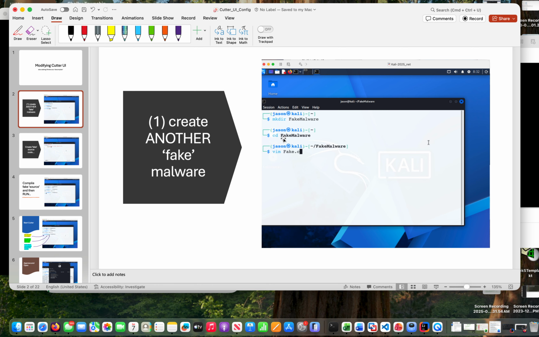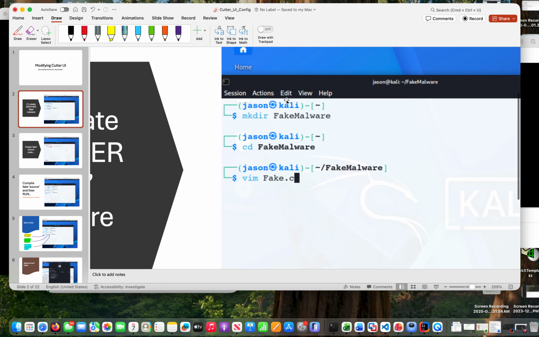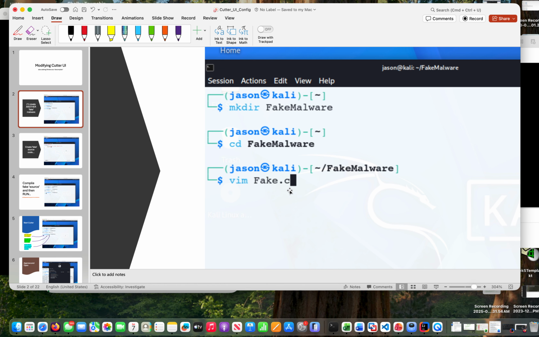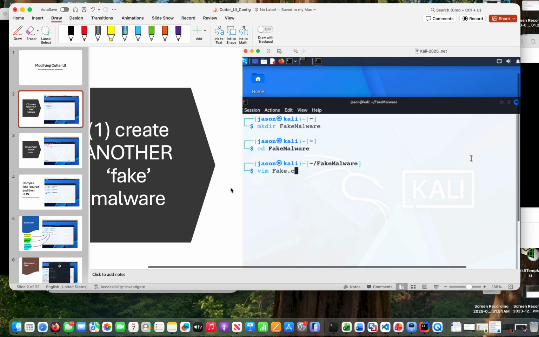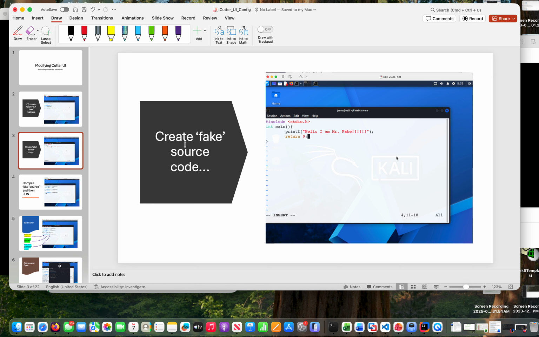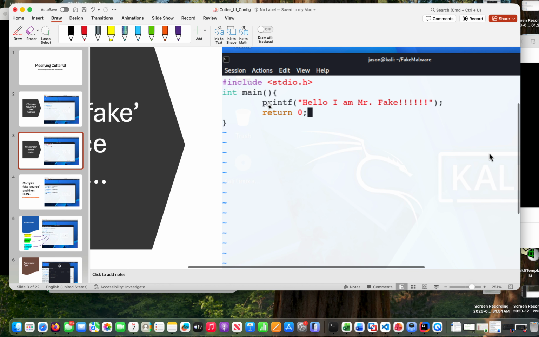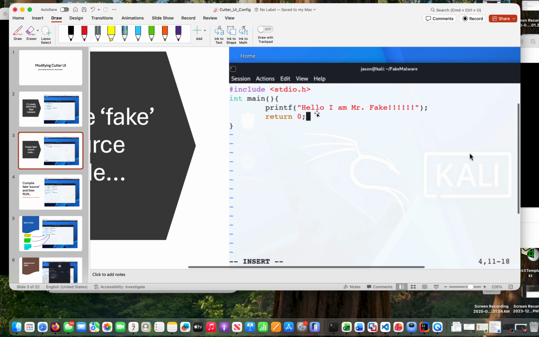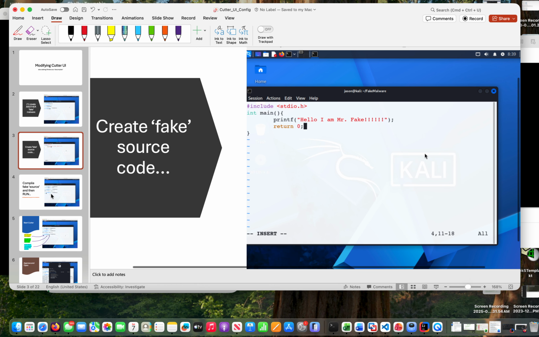code. So we're going to create another fake piece of malware. As you can see, we're going to create a directory called fake malware. We changed directory into fake malware, and then we're going to create a fake.c program using Vim, as you can see. So I simply said int main, hello, I am Mr. Fake, written in C, and then